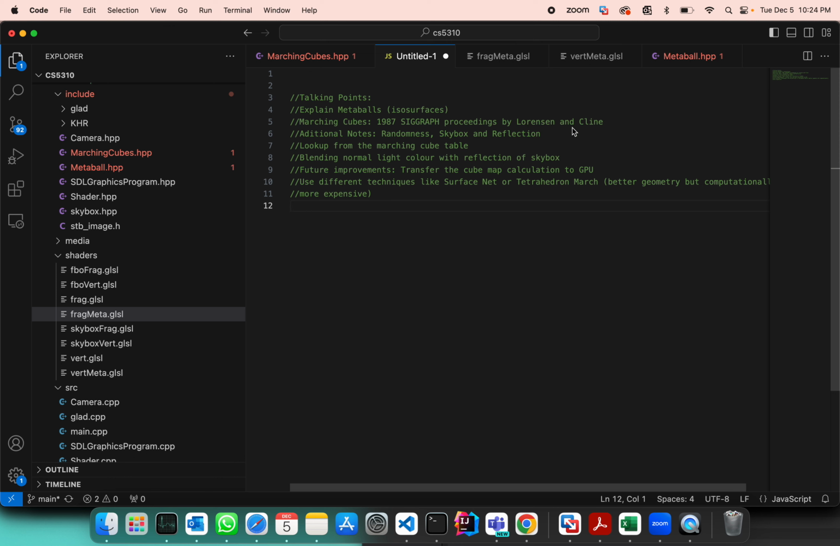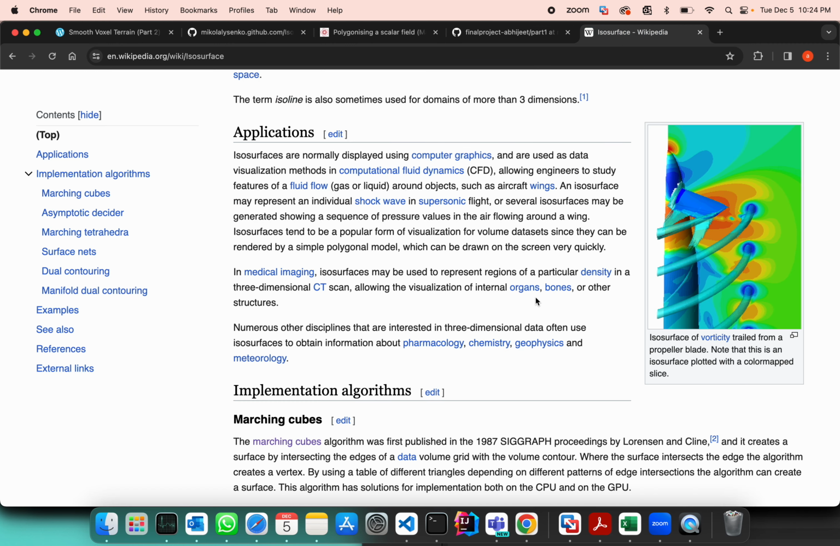So this is my final project presentation for computer graphics, which is basically rendering isosurfaces like metaballs using the marching cubes algorithm. So before we talk about this project, let me just go through what an isosurface is. An isosurface is basically a 3D representation of a function which takes x, y, z, basically a 3D space, and converts it into a